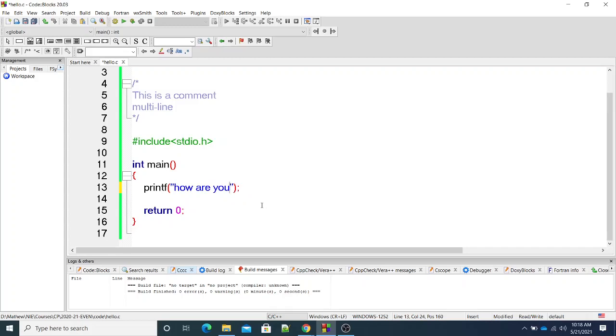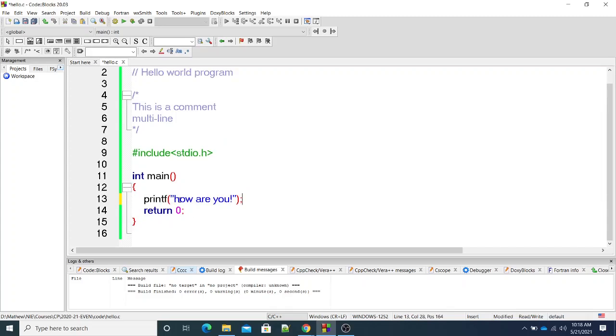So these things, syntax, basically when you learn a language, this is what you learn, the syntax. Into main, opening curly bracket, closing curly bracket, printf. What is the syntax of printf? This is what you are going to learn. This is the rule of C language. Just like the English language has its own set of rules, this is the rule of C language. This you have to follow.